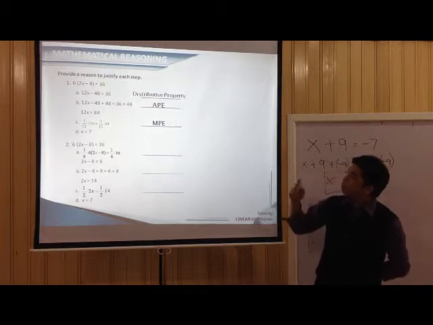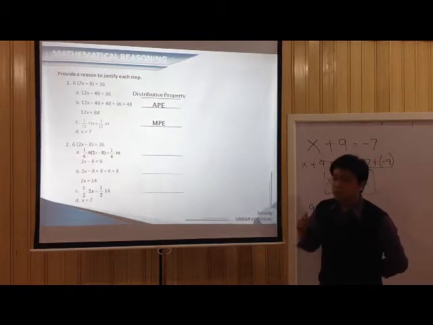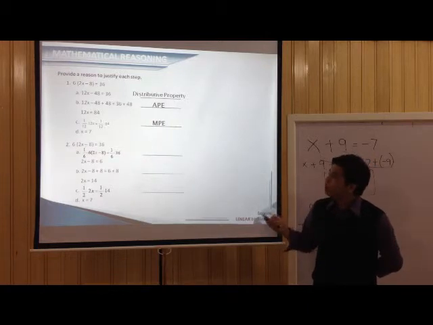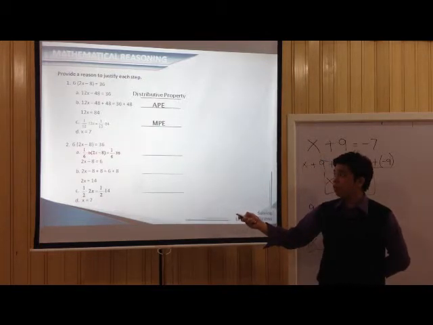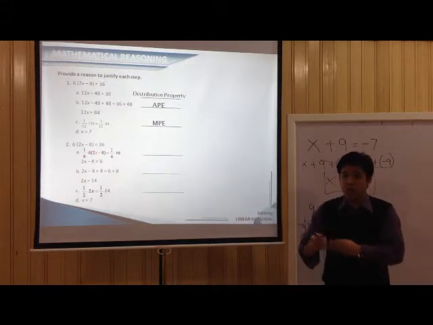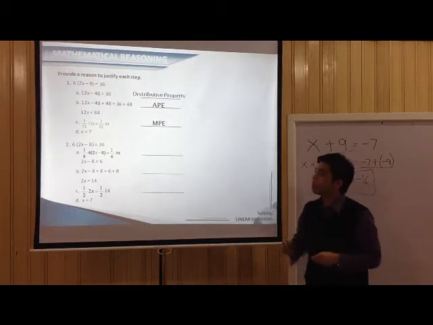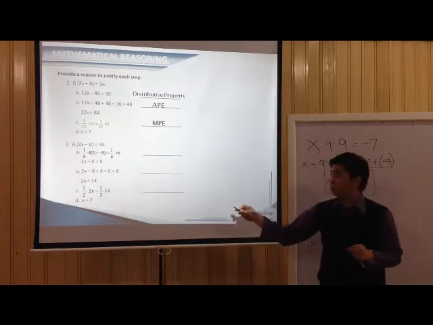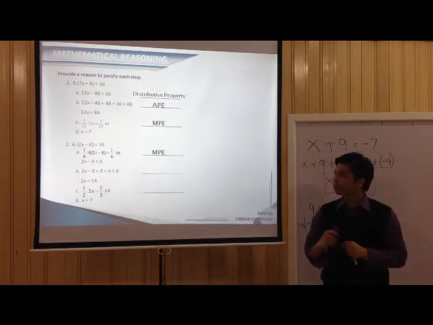Okay. Now, let's try to solve the problem in another way. In this case, we multiplied 1 over 6 to the left side and to the right side. Now, why is it that we can do that? We can do that because the operation between 6 and quantity 2x minus 8 is multiplication. So if you want to get rid of this 6, you just have to look for its reciprocal and multiply it on the left side. But since we have an equation, we have to multiply it on the right side as well. Now if I multiply 1 over 6 to both sides, I end up with 2x minus 8 equals 6. Now this process is what you call applying the multiplication property of equality, or the MPE.